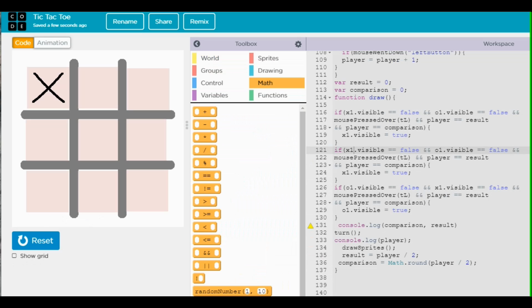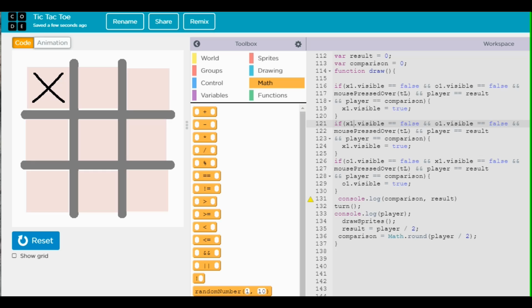Alright guys, I've been going at this for almost an hour now, and this is just not working. So what I tried to do is I have this thing right here that basically does, every single time I click it adds, so this is how the turn system's gonna work. So it will add 1, and this is checking basically if it's even or odd. So the result will divide it by 2, and the comparison will divide it by 2 and then round it. So if it's an odd number, it would round up,